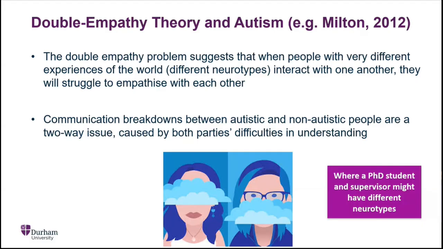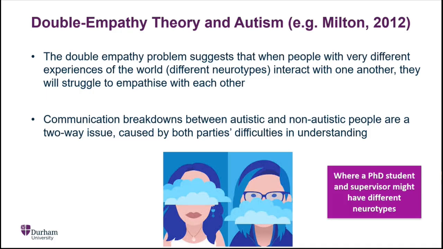That's where those notes, those bullet points from supervision meetings, become really important. It's where talking through feedback that somebody doesn't understand becomes really important, because we shouldn't assume that somebody's going to interpret something in exactly the same way as we are. And that's a bi-directional issue. With cross-neurotype communication, it's just as important for one partner to make sure that somebody understands them as it is for the other partner. It's not just the responsibility of a neurotypical or an autistic or an ADHD person, it's everybody's dual responsibility.